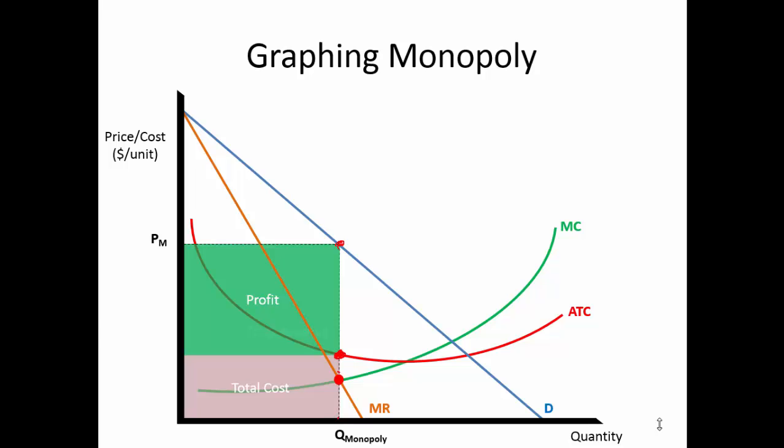Competitors, even if they sense that this company's making profits, even if they know this company's making profits because they read its financial statements, they are prevented from jumping in and competing in this industry. That's what monopoly means. It's impossible, or extremely difficult at least, for other firms to compete. Consumer surplus is relegated to the small area here, above price, below the demand curve.